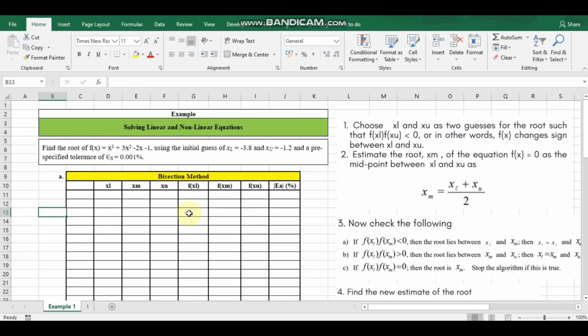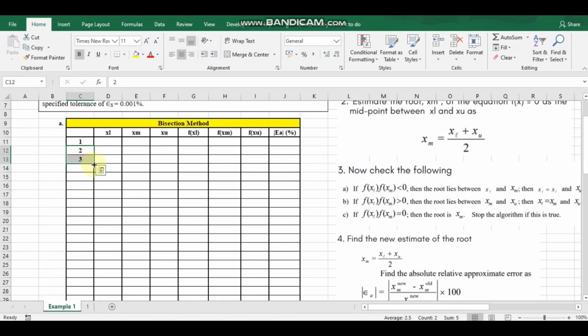Here's our worksheet to solve the problem. We have here a table consisting of columns for the number of iterations, XL, XM, XU, f of XL, f of XM, and f of XU, and lastly the absolute relative approximate error. Let's try to have 20 iterations. 1, 2,